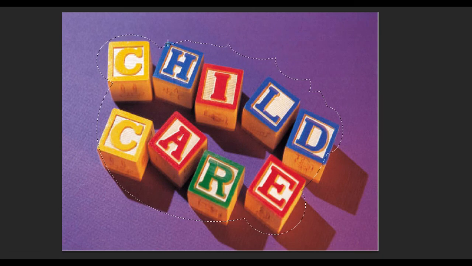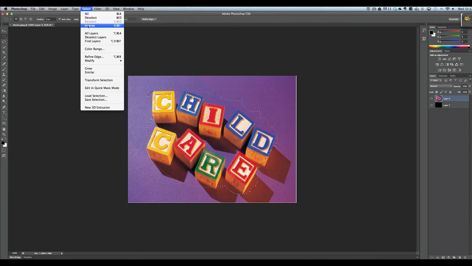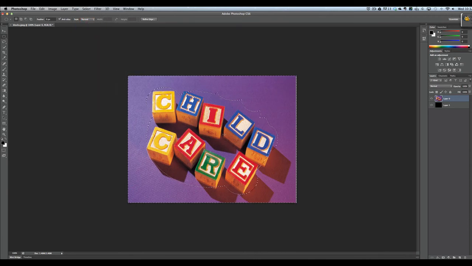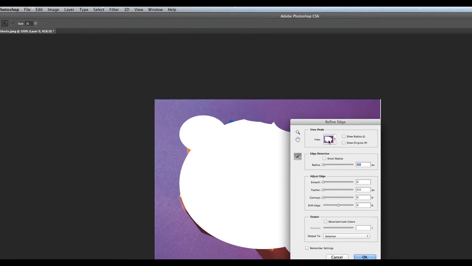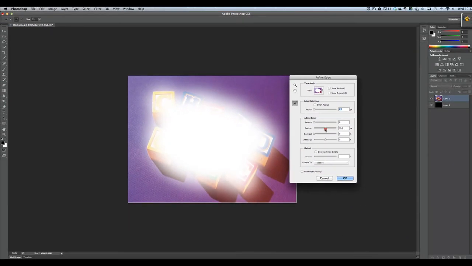All right, and it still has really sharp edges. So I'm going to show you guys how to come up here and make this nice and feathered. So let's go ahead and invert it right away. So select inverse. So we've selected the things that weren't selected. I'm going to click on this thing called Refine Edge. And what I'm going to do is feather this so it has a nice soft look to it. And that looks pretty good. Okay, so there's that nice feather. I can say okay,